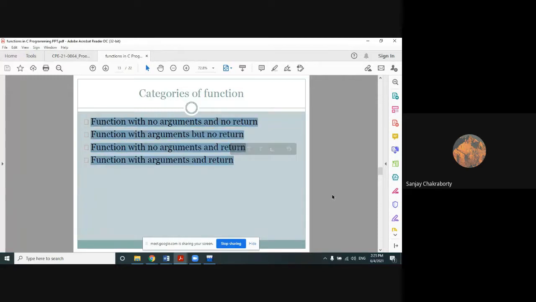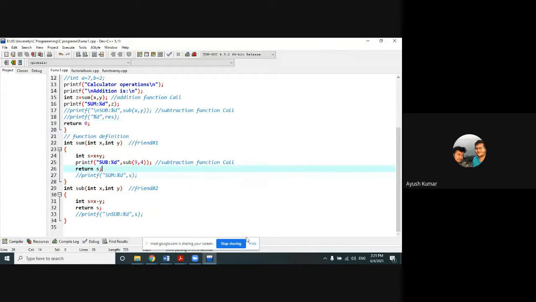Sir, what is the difference between void and int? Like, int returns a value, and void means no return type. So you cannot leave it blank. Leaving it blank is not allowed in C programming. You have to give some kind of data type to represent that this function does not have any return value, and that data type is void. Void is, you can say, a default data type, but by default the compiler cannot assume it automatically. You have to provide it explicitly.